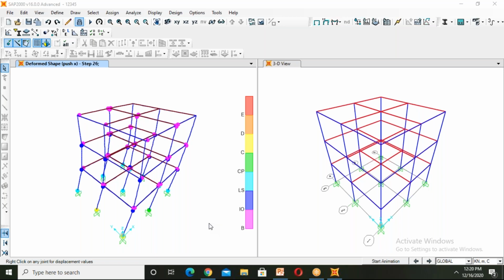Performance based design means that if we want this building to sustain this much deflection, it should retain this much base reaction. If we want that building to sustain that, then we have to do performance based design, which is done with pushover analysis. These are the two cases where we use pushover analysis.